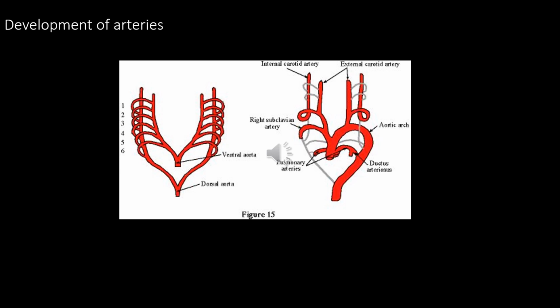The sixth arch artery is always associated with the developing lungs. So it is telling us that, look, I am going to form the pulmonary trunk, or the two branches of the pulmonary trunk, the right and left. So they will be entering the developing lung bud. But beyond that branch going to the lung bud, the sixth arch artery continues and is attached to the dorsal aorta, and this connection, which is formed on both sides, is called the ductus arteriosus.